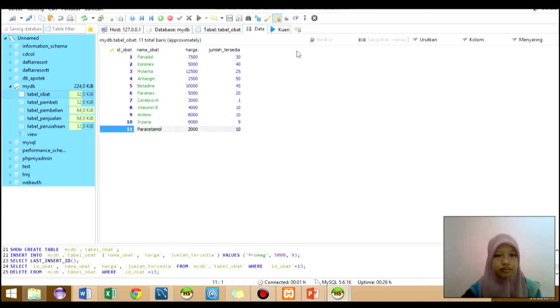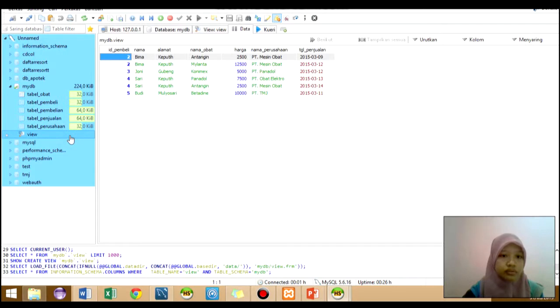Okay. These are the tools that we can use to manage our database, like insert, delete, update, etc. We can continue to the other tables, and we can show our view like this.